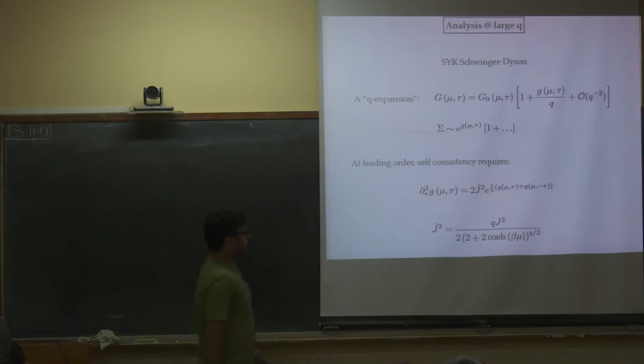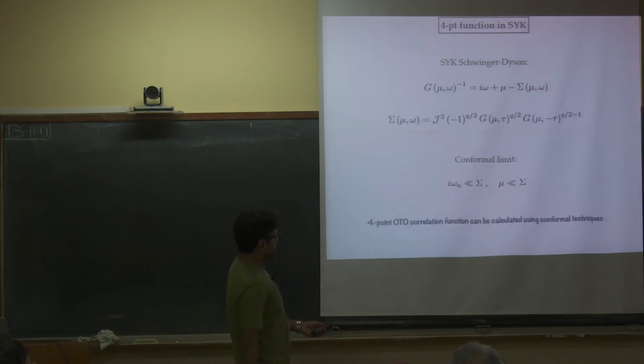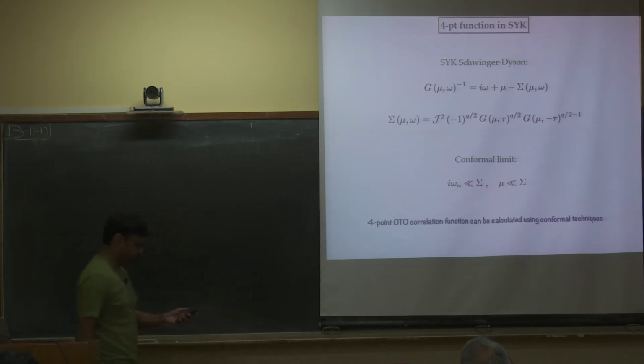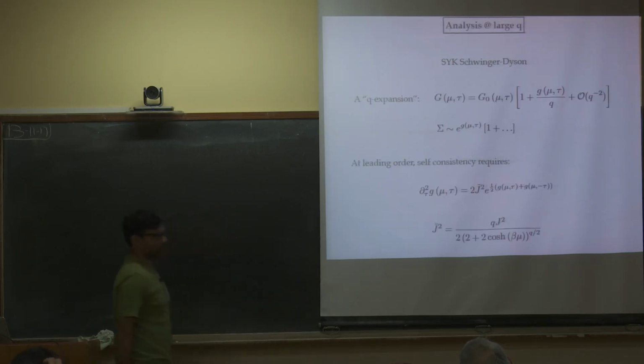So what do we do here? Of course, you can go to the conformal limit and do this calculation, but that would be like throwing this mu away anyway. So why did I introduce it to begin with? But if I want to keep that somewhere in the calculation, I can still do a Q expansion. So this is what I was saying. You start with the Green's function and you assume that it admits an expansion of this sort. Then you go back and solve the equations, and from the solution you see whether everything is consistent, and it turns out to be consistent.